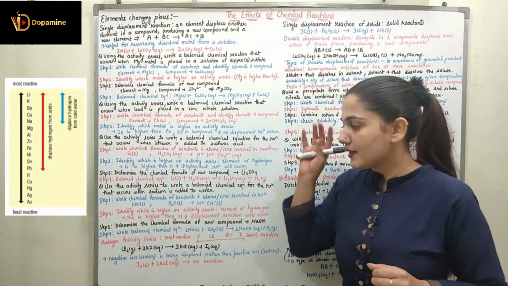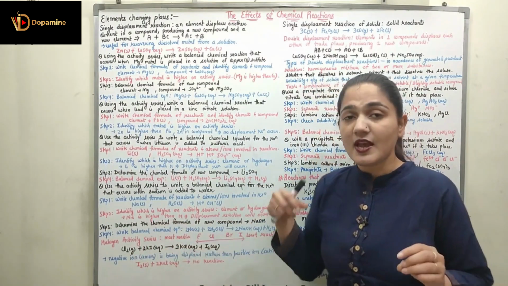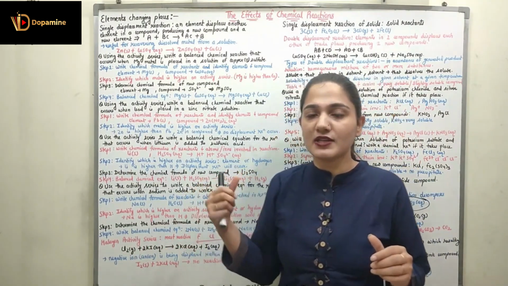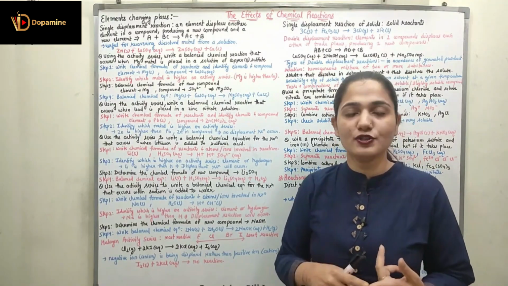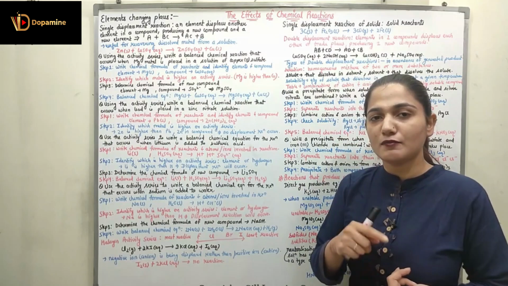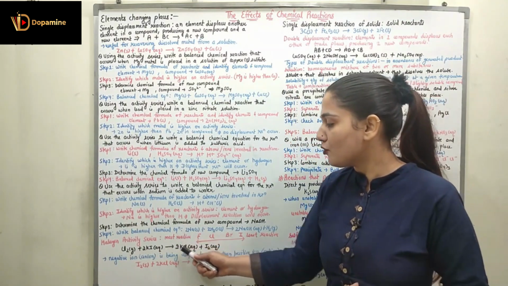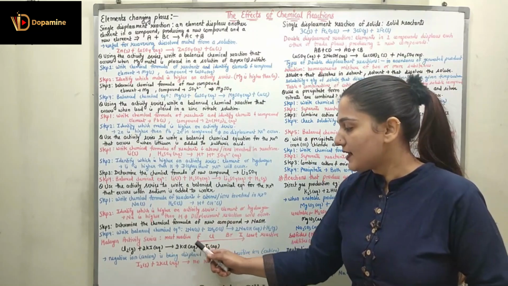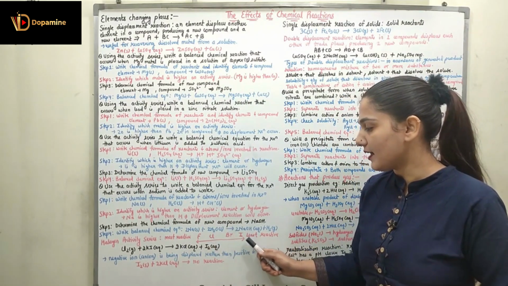Right? In this manner we can understand these many questions. Now coming to the halogen activity series. Like we have discussed the activity series, over here we have the activity series for the halogens. Halogens are fluorine, chlorine, bromine, iodine. For these, I am going to put the most reactive element as fluorine. Fluorine is the most reactive, then chlorine, then bromine, and then iodine.